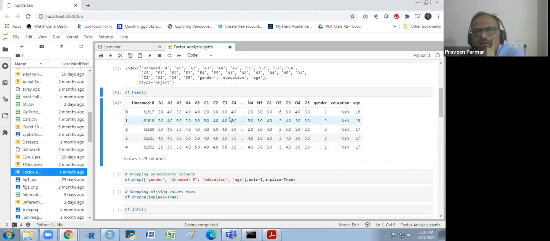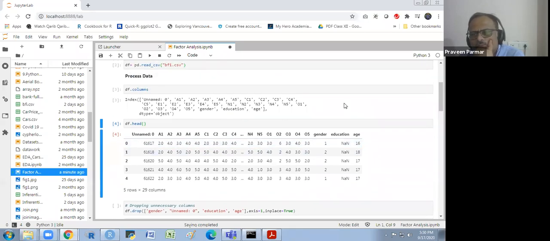When we do the factor analysis, we remove some columns, which are gender, education and age; these will not be included in the factor analysis. These other columns we have to use in the dimension reduction. So I will remove gender, education, age, and Unnamed: 0.